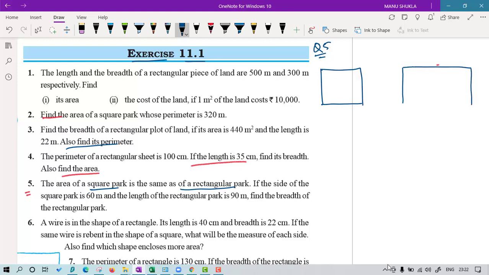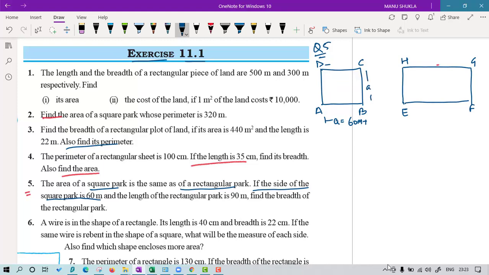So let me call this as ABCD. Sometimes these names help us to describe the figure properly. EFGH. So if you want to write a statement, you can write let ABCD be the square, EFGH be the rectangular park. So that way it is easy for you to symbolize. Now if the side of the square park is 60 meters, so normally we denote the side of square by A. So A is given to you as 60 meters. So all are A only, we know. So all are 60 meters.